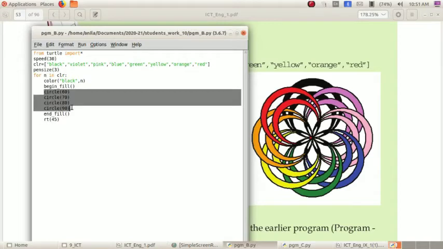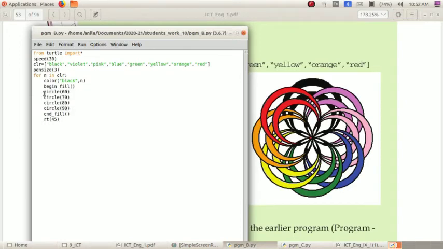Now here you can see that repetition of code occurs, which means circle of 60, circle of 70, 80 and 90. Here repetition occurs. So if you don't want to repeat the same code, you can insert a for loop.